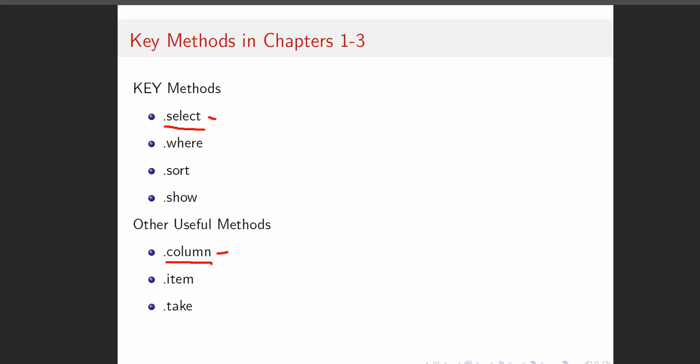Okay, so I specify a column and I get that as an array. Why do I need that? Well, some things like sum and average and max and min, they don't work on a table. I need to pull the column out so that I can use it as an array. Dot item and dot take are ways to specify rows or items in an array that we would like to pull out to extract and look at. Okay, so